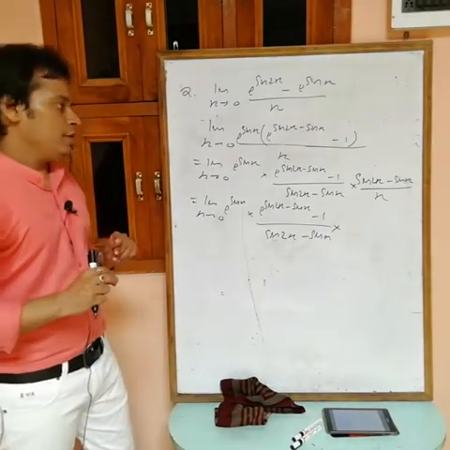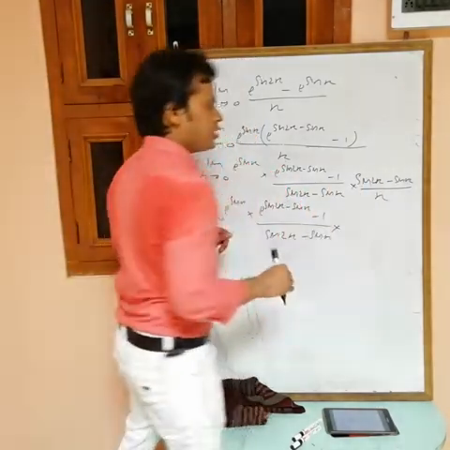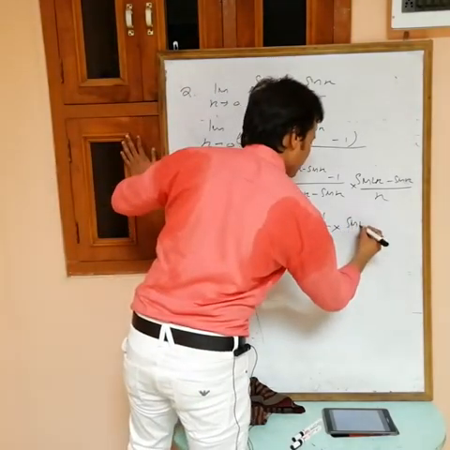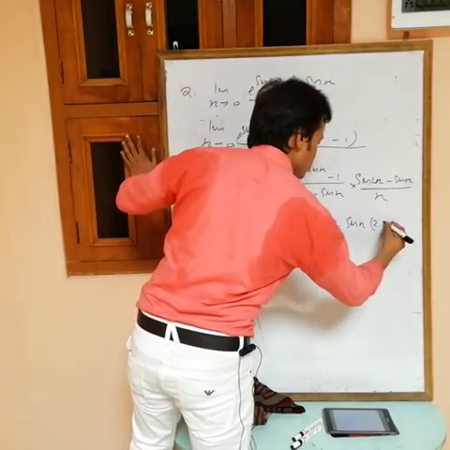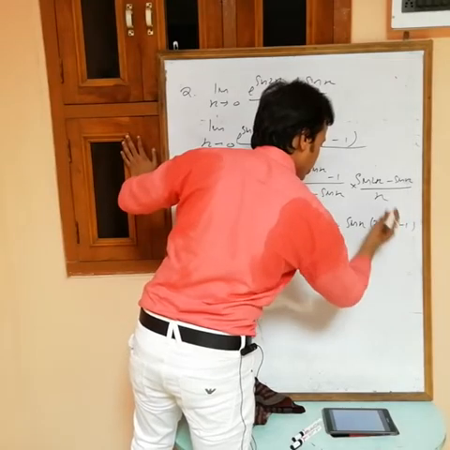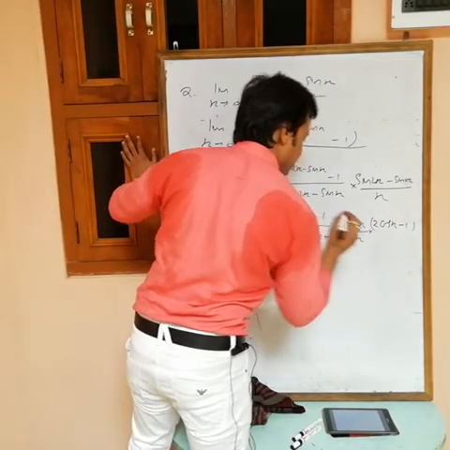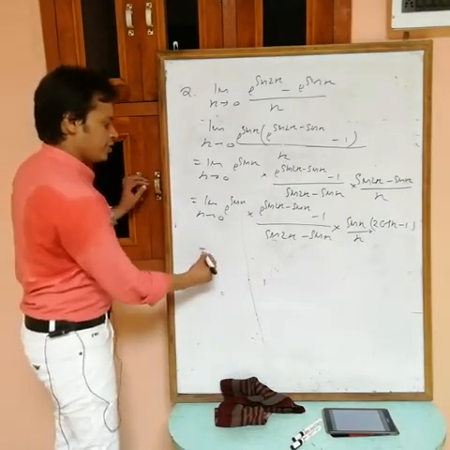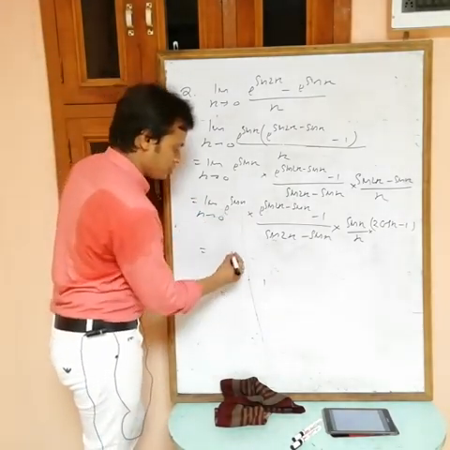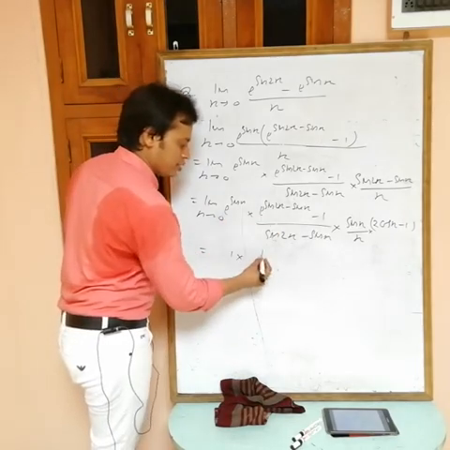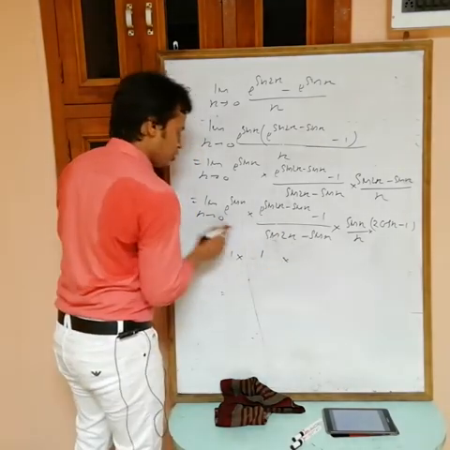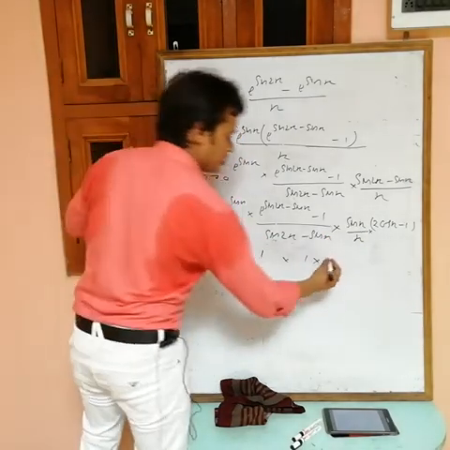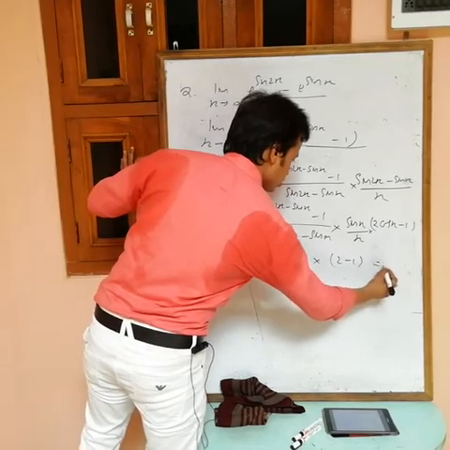Now see, sin 2x can be written as 2 sin x cos x, so I can take sin x common. If you take sin x common, then what remains is 2 cos x - 1, and write this x with sin x. Now no problem. So just put in: the limit of this one is e^0, which is 1, the limit of this one is the standard limit 1, and the limit of this one is the standard limit 1. Put x equals 0 and we get 2 - 1, so the answer is 1.